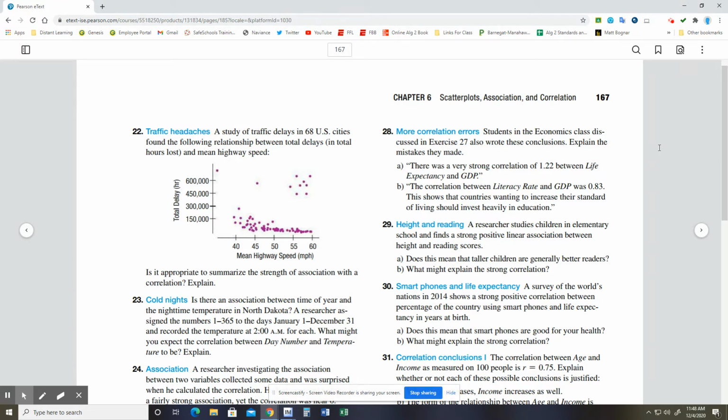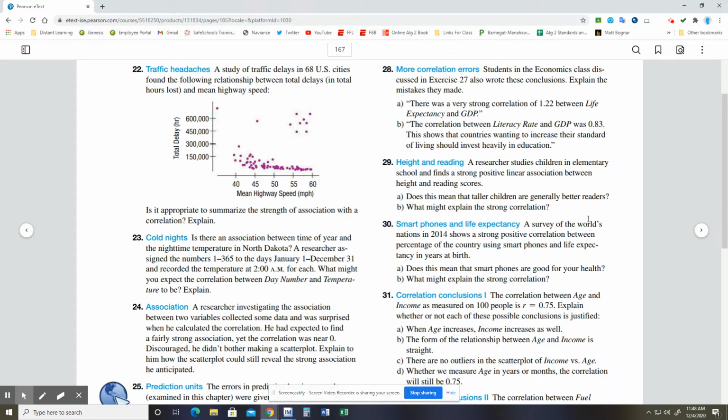What might explain this strong correlation? Well, in elementary school, the taller you are generally relates to the grade level that you are in. The taller you are generally relates to the age that you are. That should really be it, though. One could say that age is a lurking variable. That's just the terminology behind it.